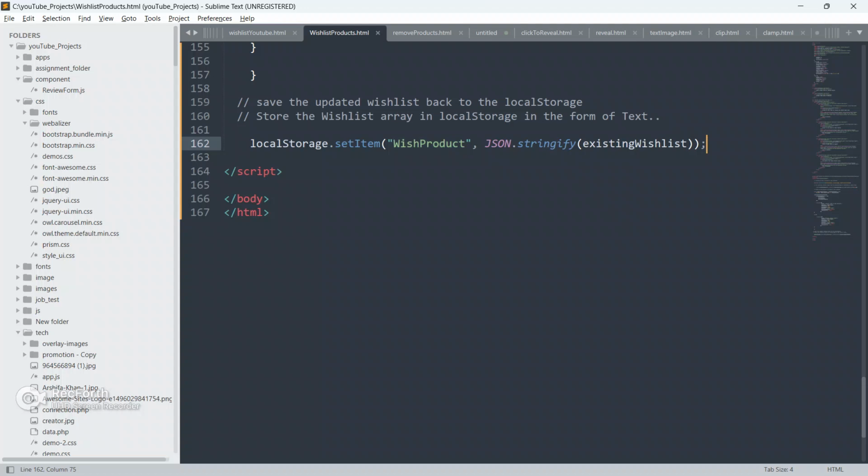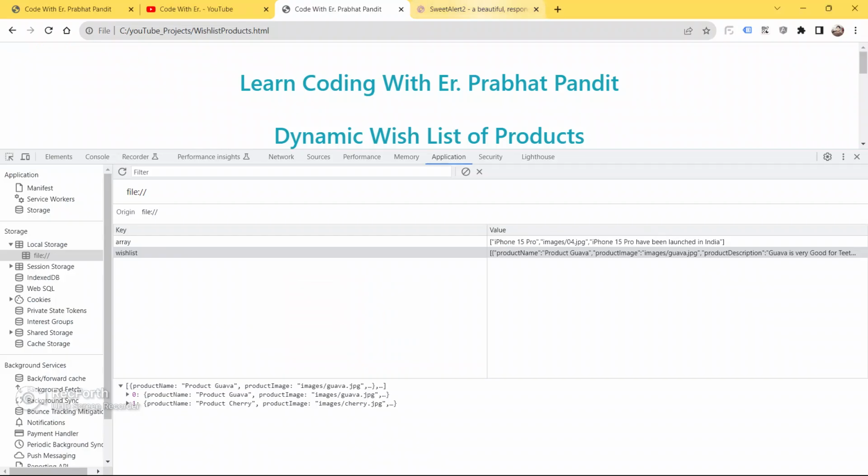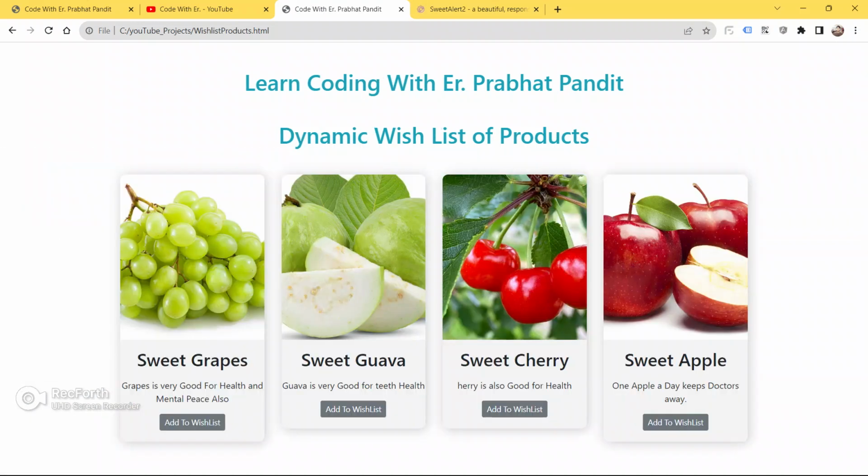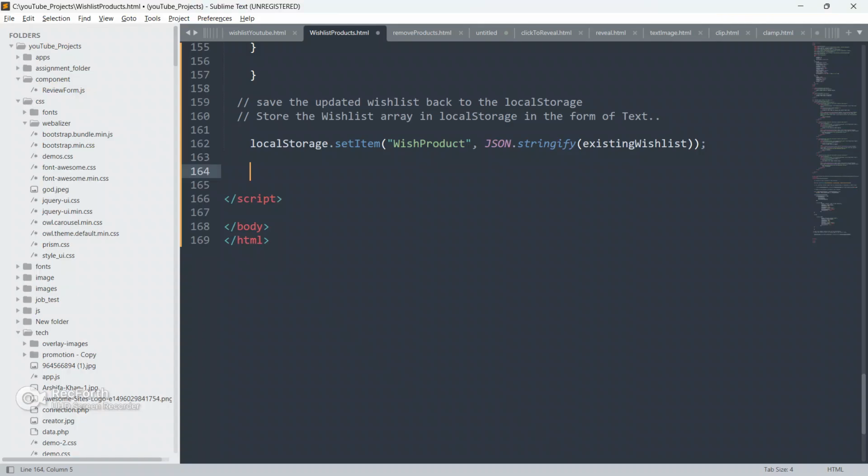Okay guys, so now below this local storage function, I am gonna write a click event to these buttons. I am gonna write the JavaScript function to add the functionality to these add to wish list buttons. Then only we will be able to add our product in our local storage.